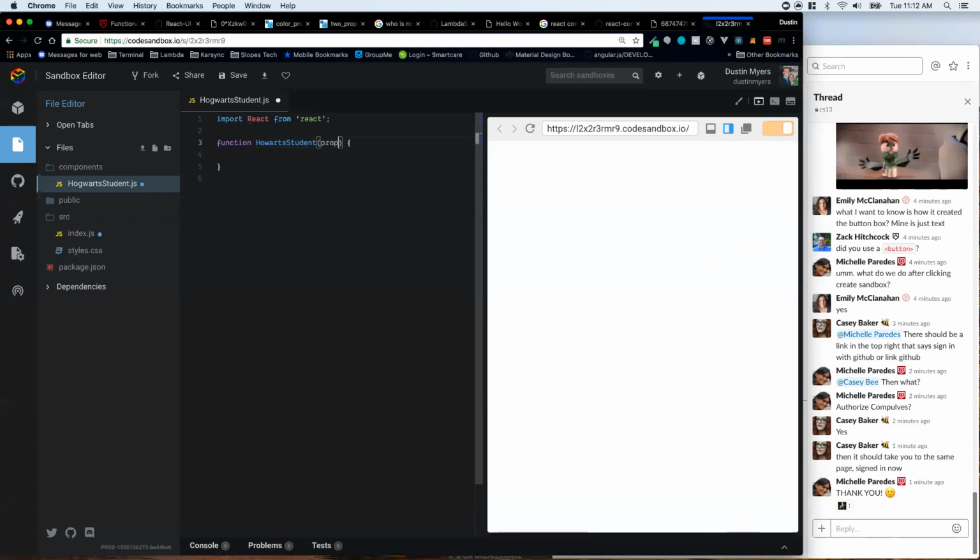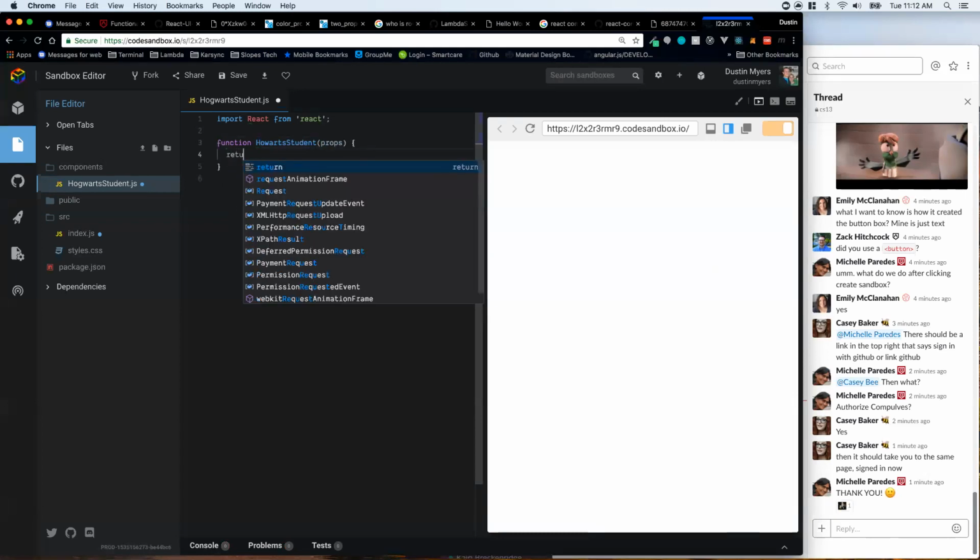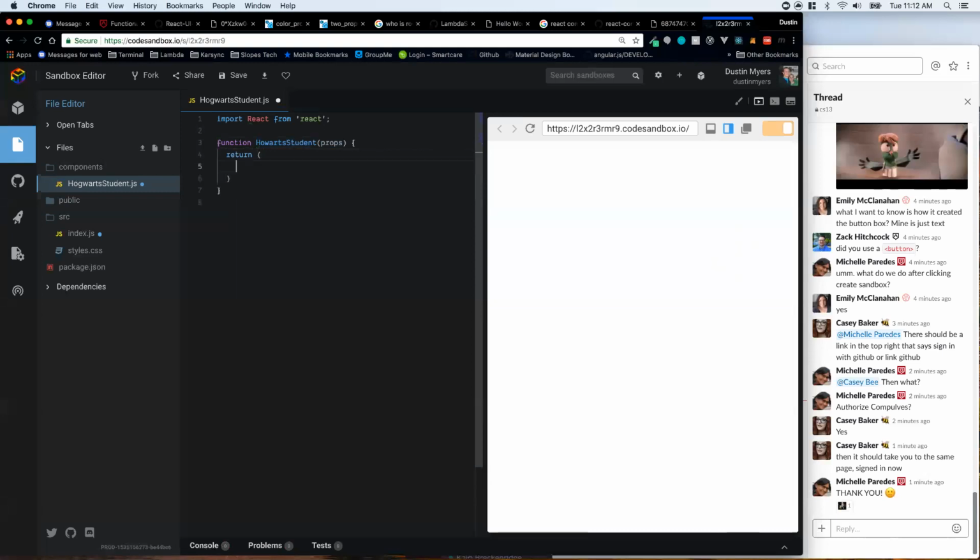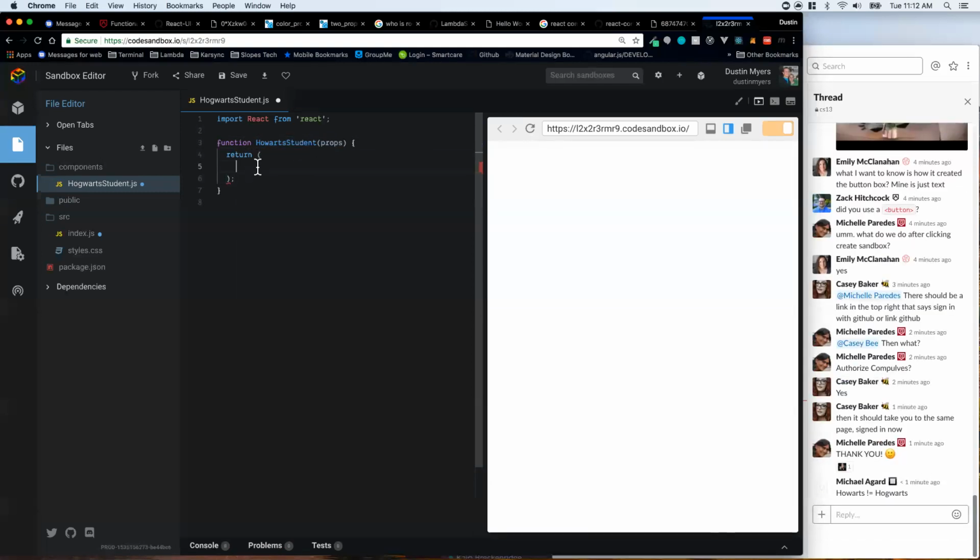We know that we're going to pass in the props argument here, and we're going to have access to our props like that. So we want to make this a dynamic component that will take in a student prop. So we're going to have access to props.student, and it's going to return just a basic profile of our student. So let's do, really quick, something like this. We want to do something like header,